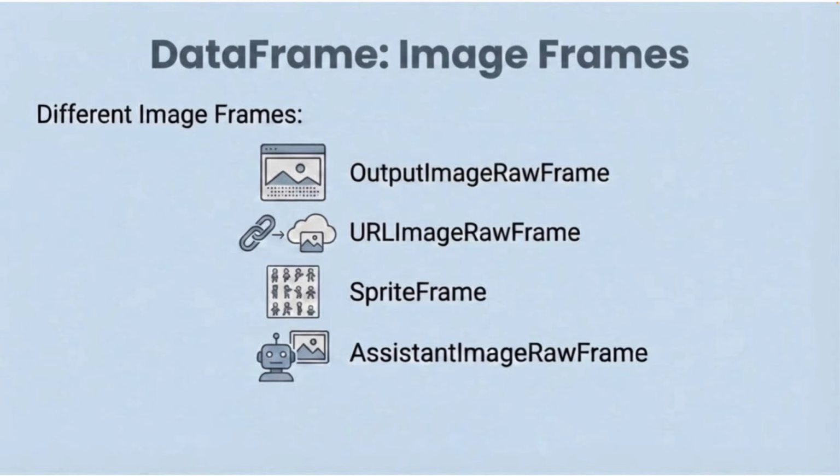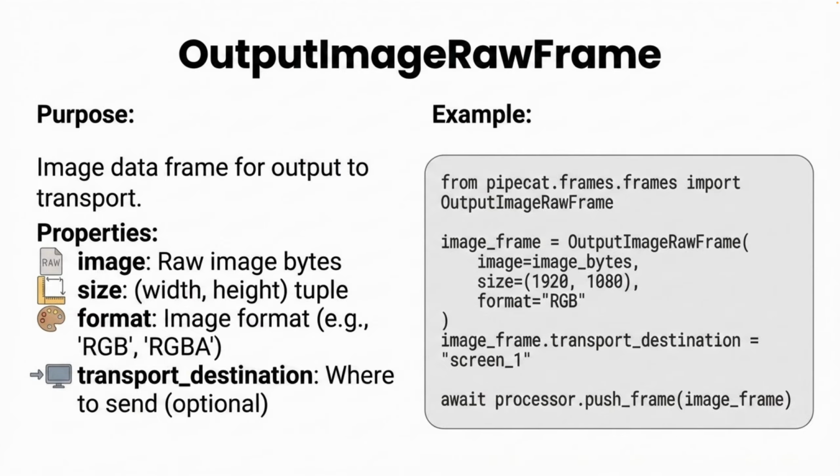So I'll be just covering them very briefly, just to cover what are the different image frames. You can look into details how it works and everything. So output image raw frame, as the name suggests, this is the output image frame with the data, and it has the image data frame for output to transport, and these are the properties of the image size, format, and transport destination. Here is one example where we import this, we define it, and we send it via the push